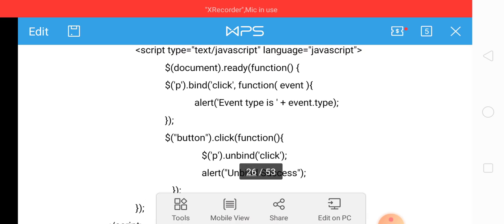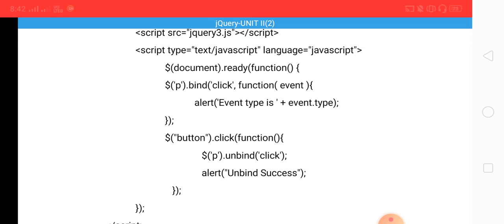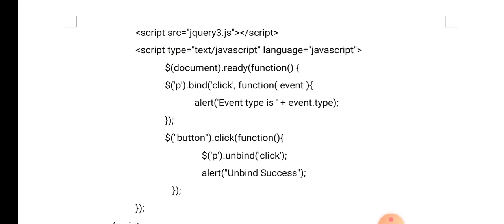Here is the code. $("p").bind("click", function(event) { alert("event type is" + event.type) }). Here we are binding an event handler to the paragraph element. Then you can see after that $("button").click(function).